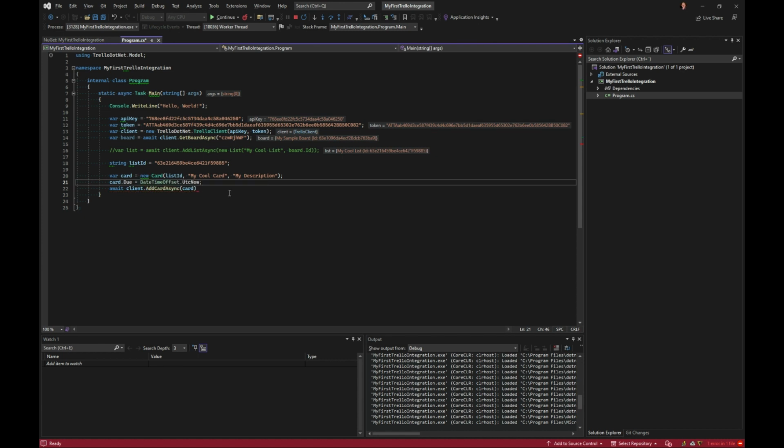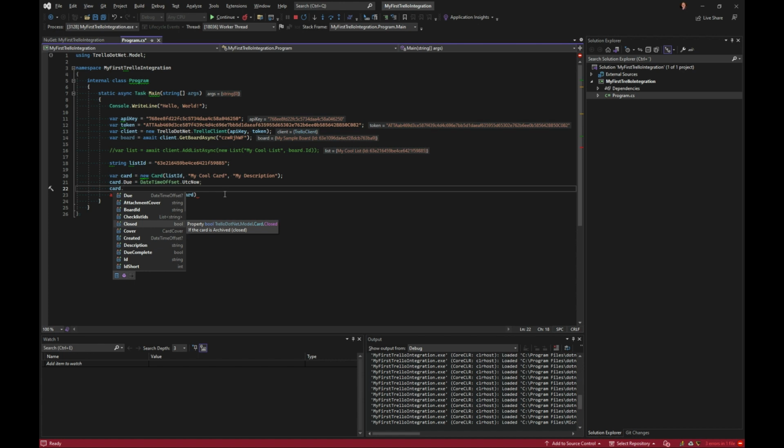So let's say it's just now we have our due, and you can of course, just like any other C# object, set the various different things, and some of them you can't set. So for example, you can't give it a new ID. If you try to do that, it would of course not work because it's read-only.